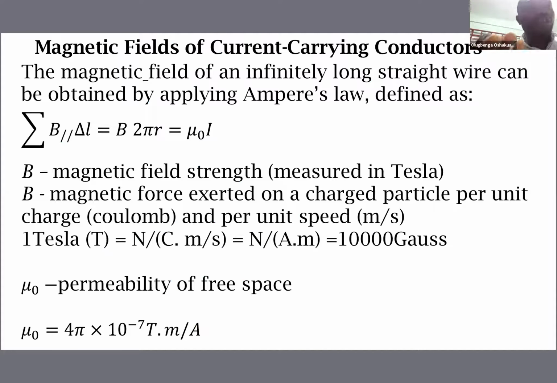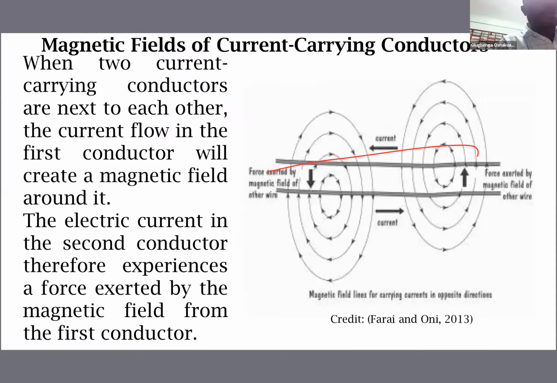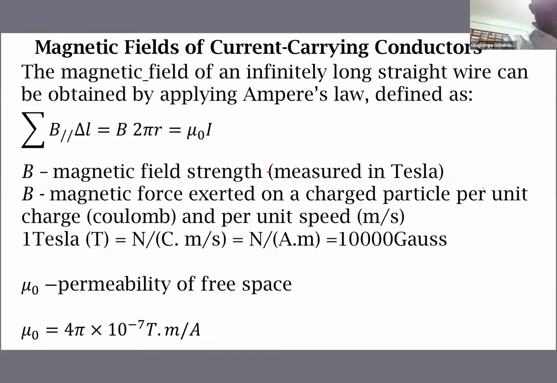So, talking about magnetic fields of current carrying conductors. The magnetic field of an infinitely long wire can be obtained by applying Ampere's law, which is defined as this equation. B here is the magnetic field strength measured in Tesla, and it's the magnetic force exerted on the charged particle